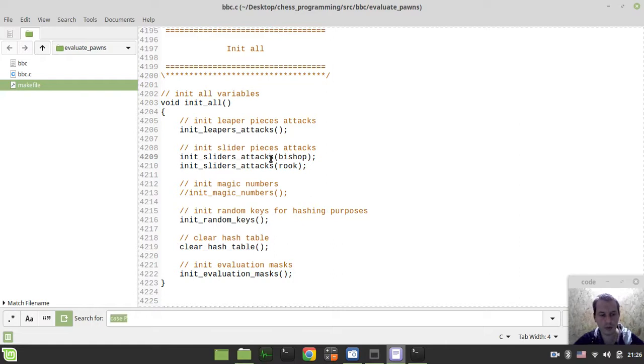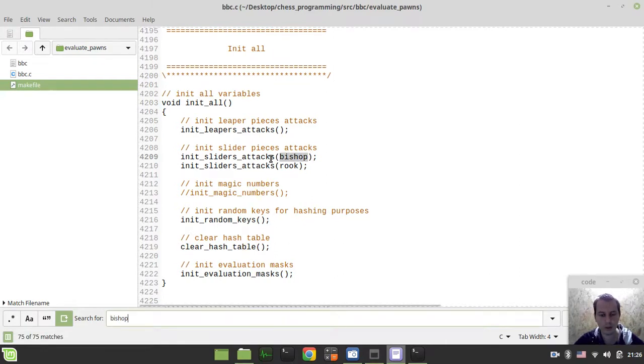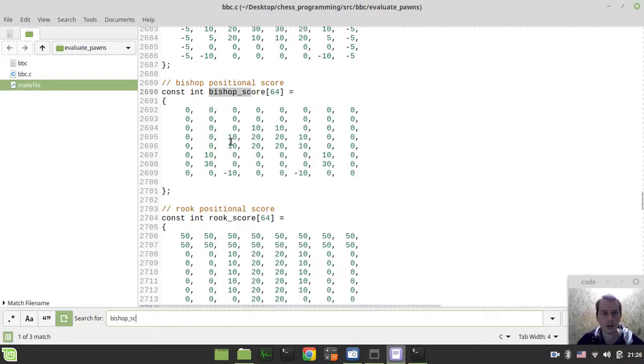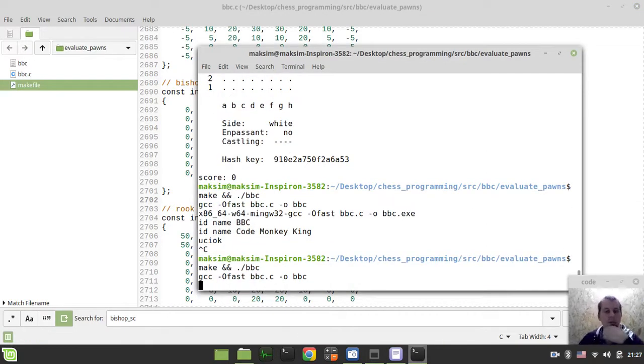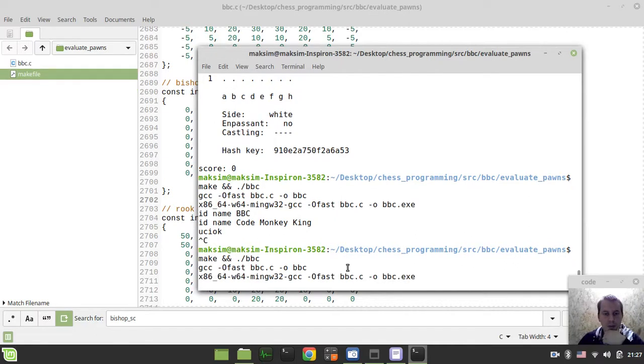So I want to search for bishop scores, and I want to adjust these ones to 20s, so it would be beating the knights if possible. And let's try to compile and run this again, and hopefully we'll see some different games. Okay,